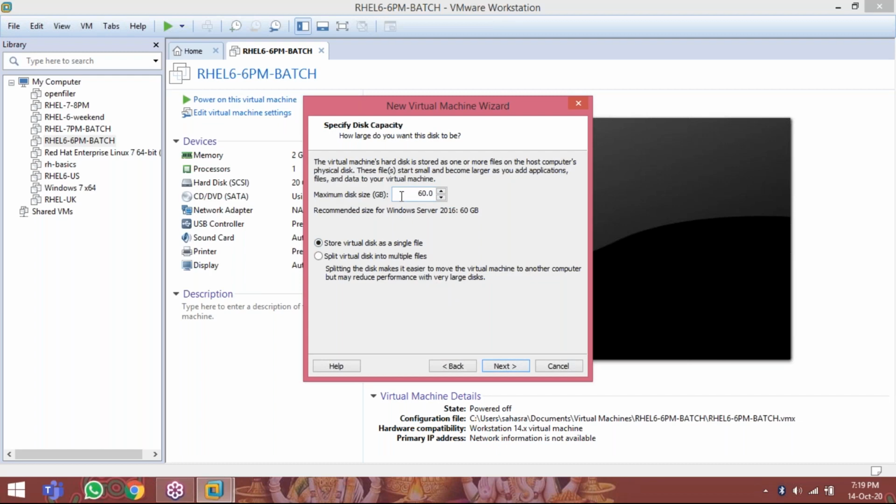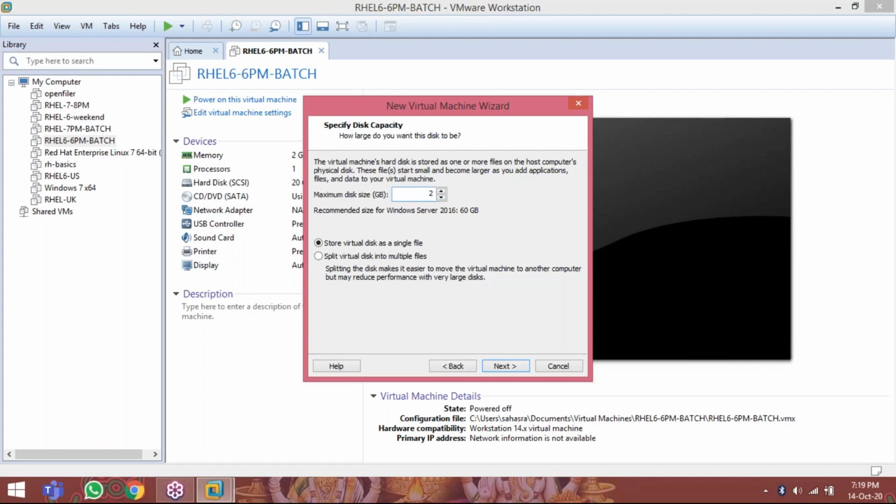See, 60 GB of space is automatically taken. So out of your D drive, E drive, 60 GB of the space it will take, but it will not use the entire space, but by default it will reserve that space. So for our practice purpose, this much space is not required.